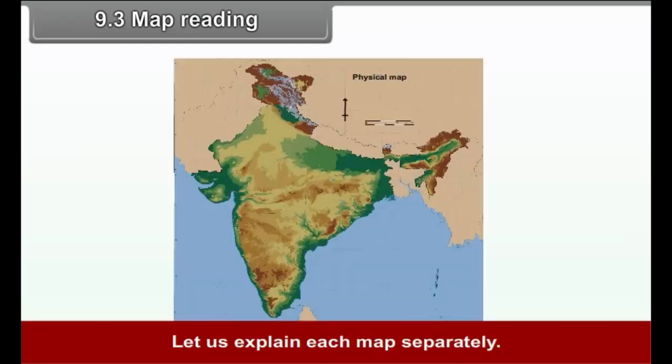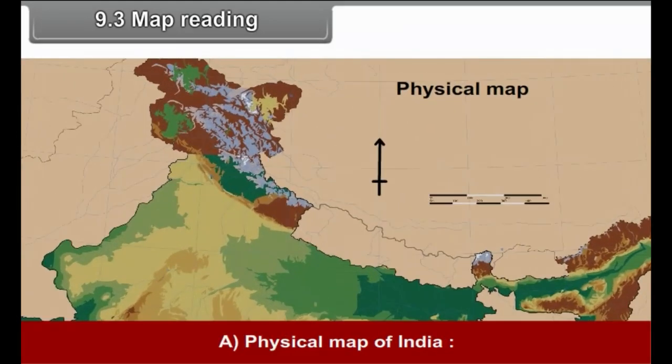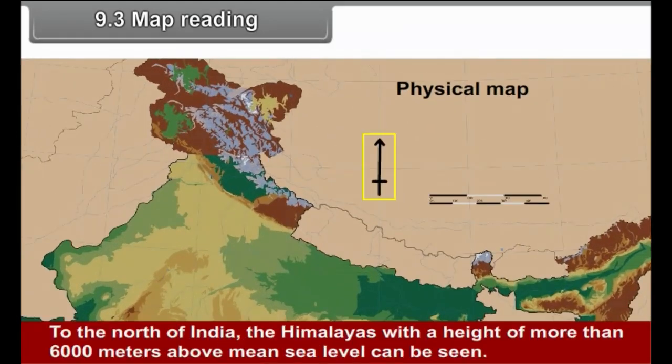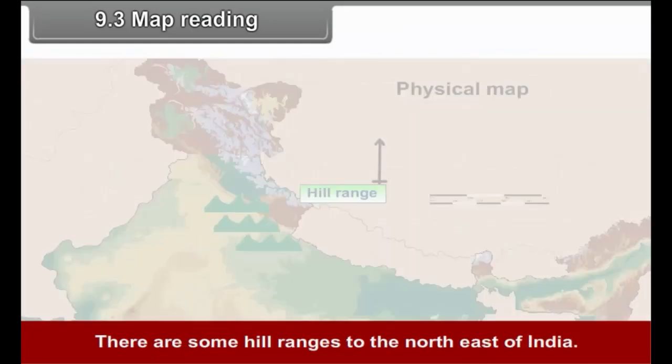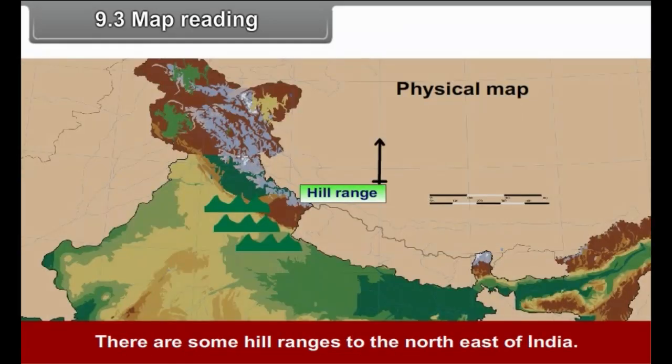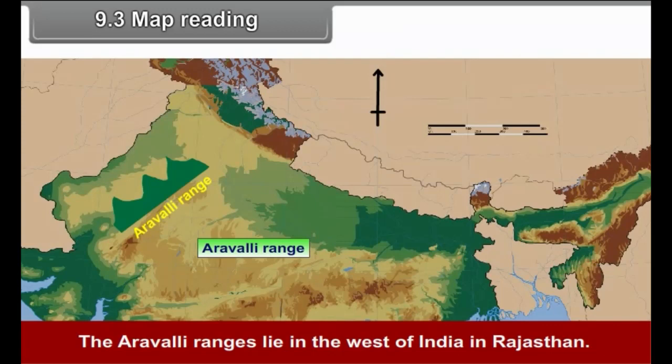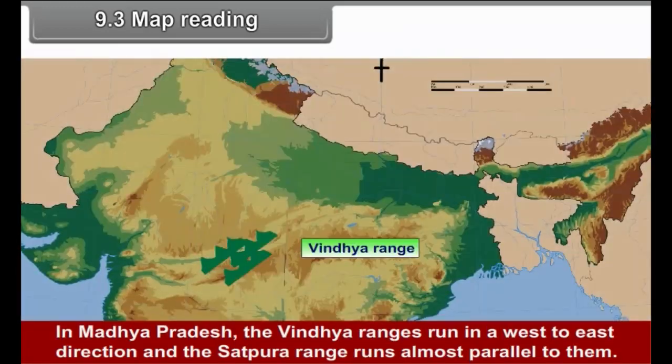9.3 Map. Let us explain each map separately. A. Physical map of India. To the north of India, the Himalayas with a height of more than 6,000 meters above mean sea level can be seen. There are some hill ranges to the northeast of India. The Aravalli range lies in the west of India in Rajasthan. In Madhya Pradesh, the Vindhya ranges run in a west to east direction and the Satpura range runs almost parallel